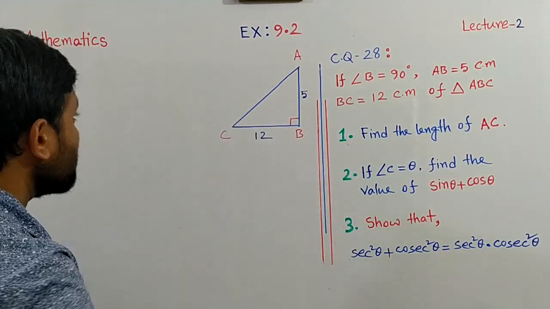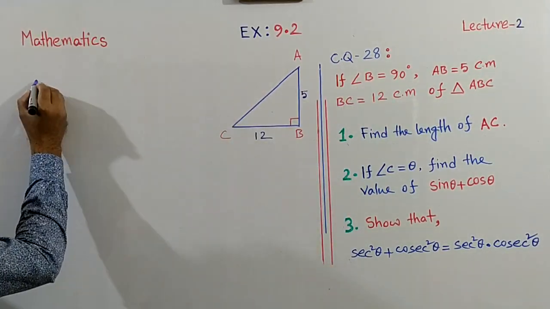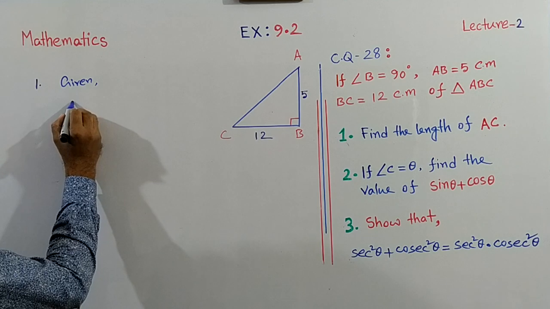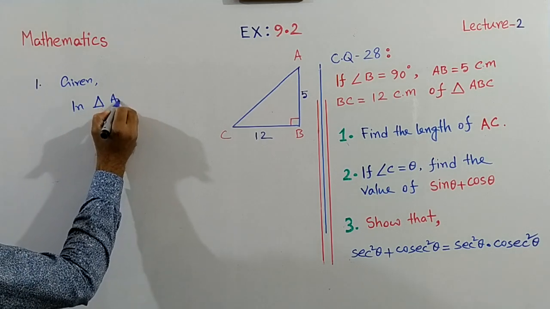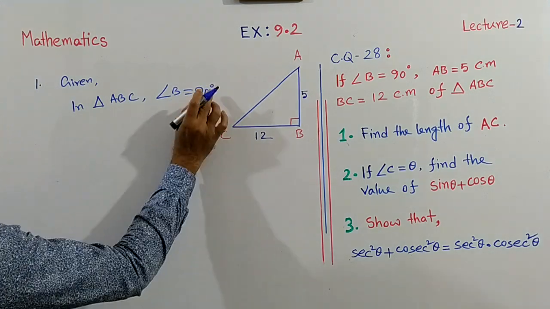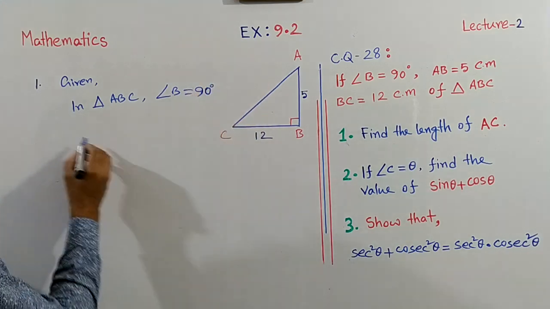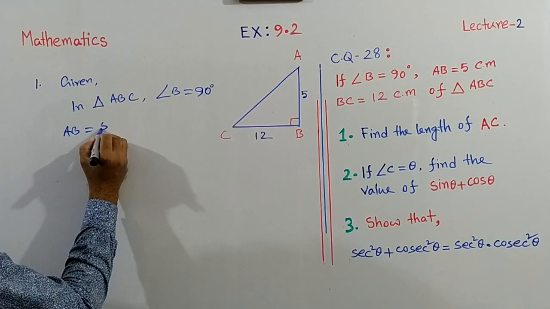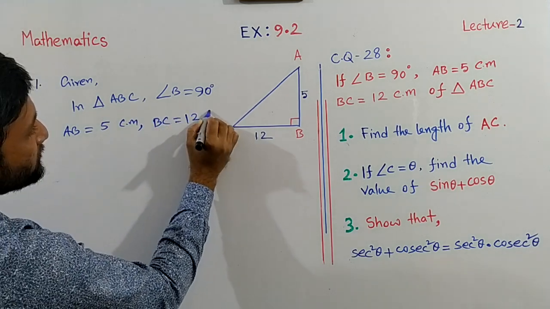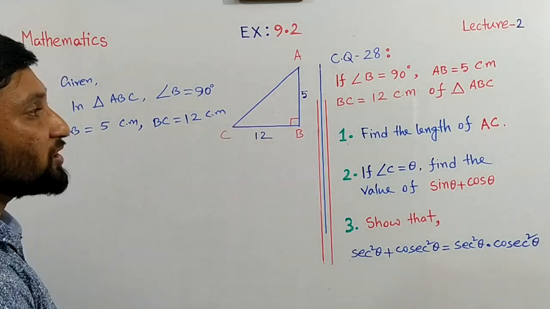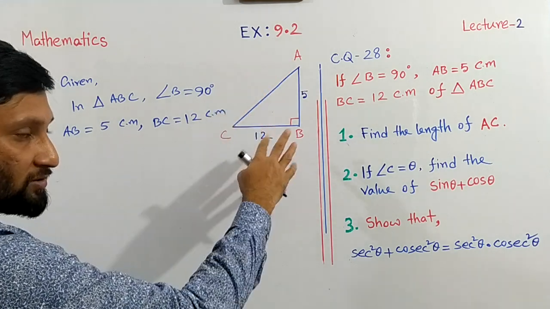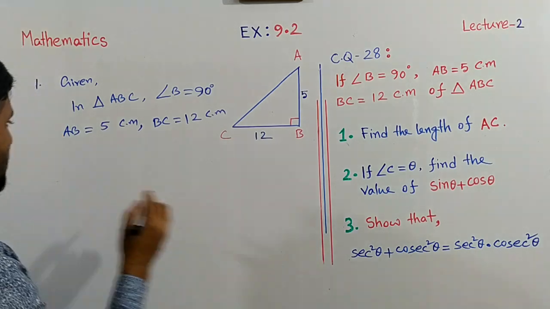Okay. Now at first write down the given part. For 1, write down the given part given in triangle ABC. Angle B equals to 90 degree and side length AB equals to 5 centimeter and side length BC equal 12 centimeter. Now we can use the Pythagoras theorem. We know the Pythagoras theorem is hypotenuse square equals to sum of other two side square. Okay, so now